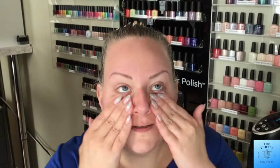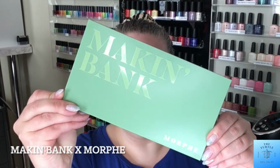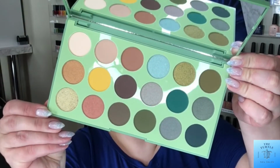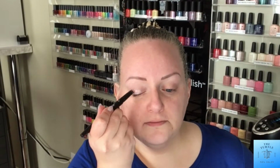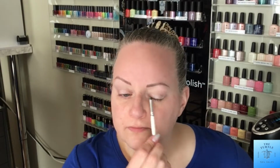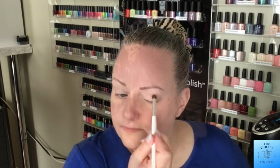And then I decided to do my makeup that day. So we'll just go through pretty quick, or what I hope is going to be pretty quick, my makeup application. So as usual, I did primer, and then I used the Morphe Make and Bank, and it has gorgeous colors. Oh my goodness. And then I applied my e.l.f. shadow stick as usual, and then I blended that in, and then I am applying the color deposits,